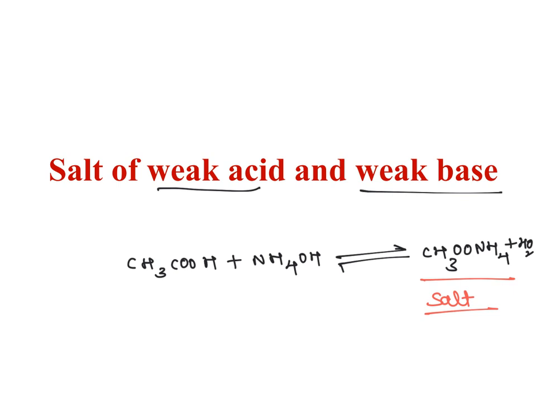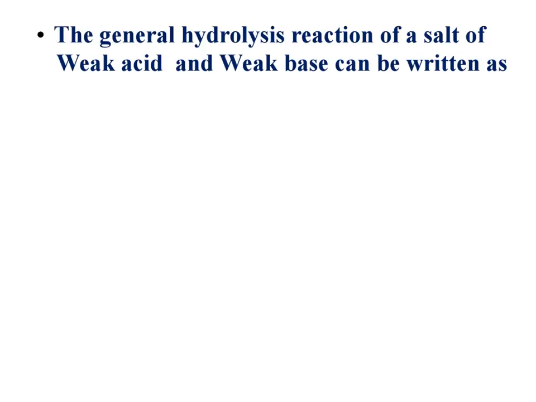So in this case also, similar to whatever we have learned in the last class, we discuss how the salt hydrolysis reaction takes place, the expression for hydrolysis constant, and the relationship between KH, Ka, Kb and Kw. After that we go for the pH derivation. Firstly, let's take a salt and represent how the hydrolysis reaction takes place. Now I am taking a salt of weak acid and weak base. I am taking ammonium acetate.